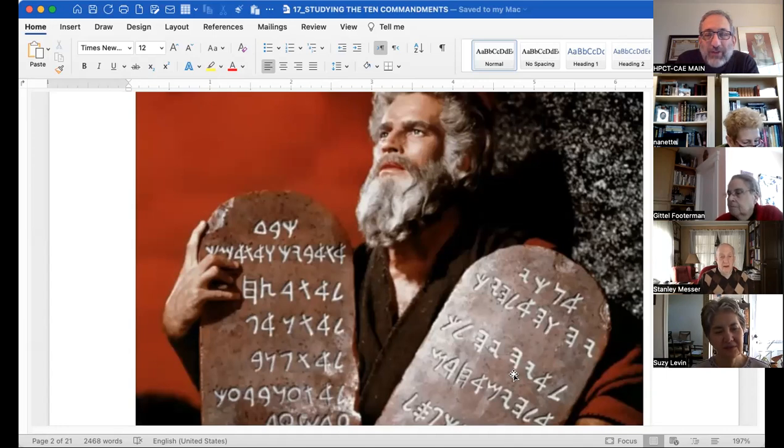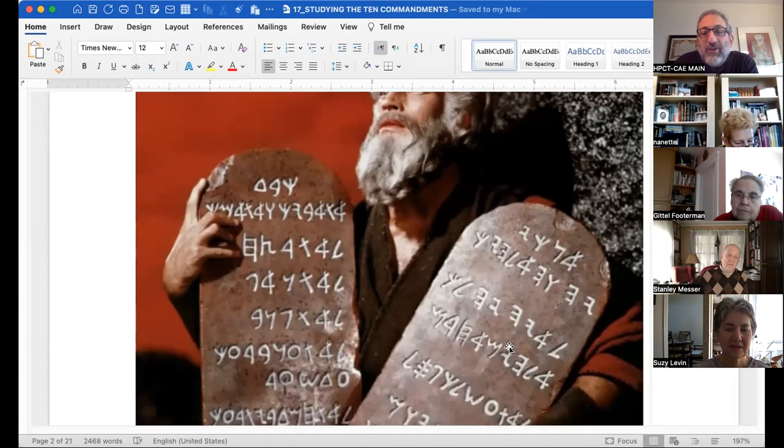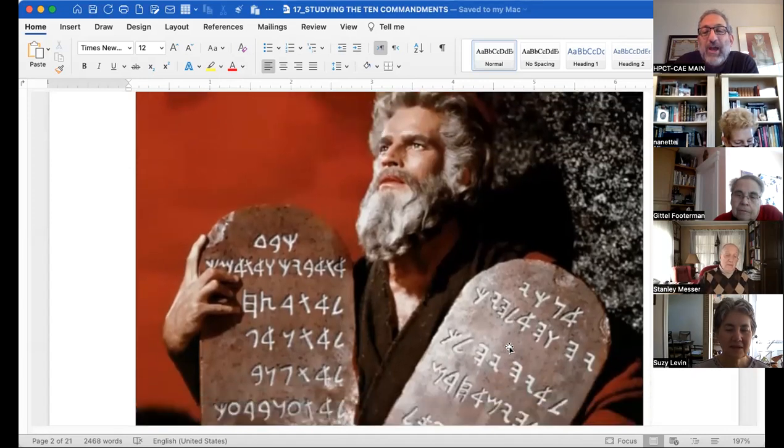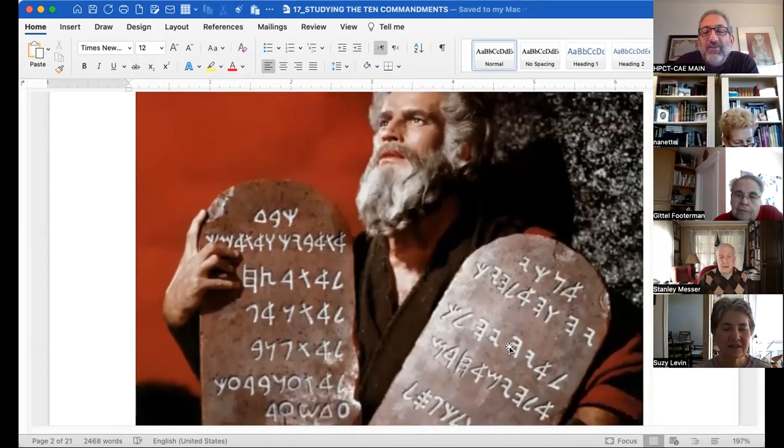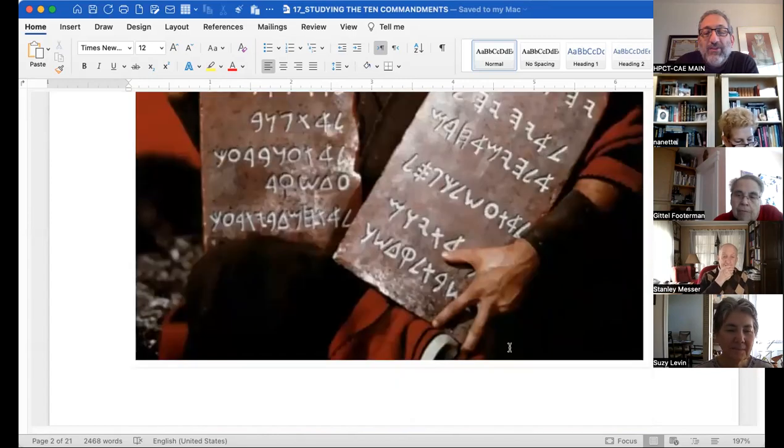The real one's too fragile to display, but you will see in the Isaiah scroll, when it comes to writing, the name of God is written with this script, but everything else is written with the Assyrian script. And that's because they are preserving antiquity in even the writing. Okay, so here, when we think of the Ten Commandments, we tend to think of an image something like this,